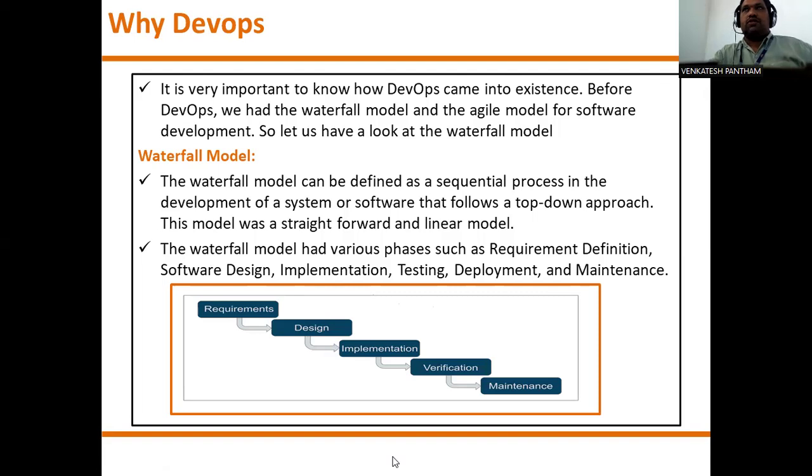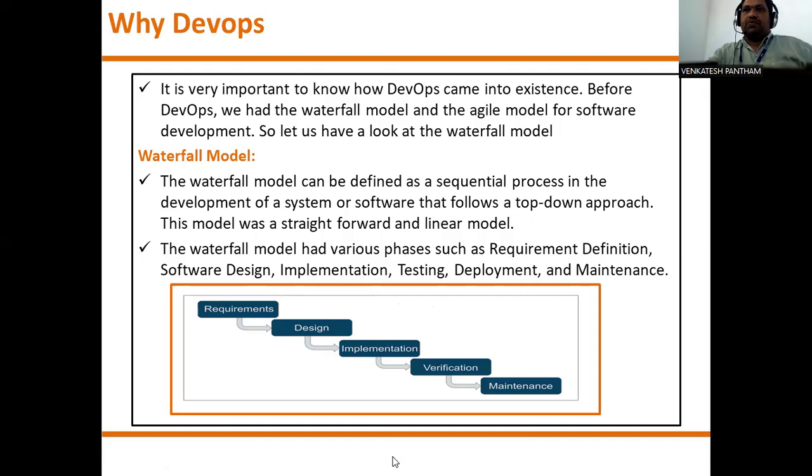Each model has its own importance and relevance for companies and projects. First we discuss the waterfall model.